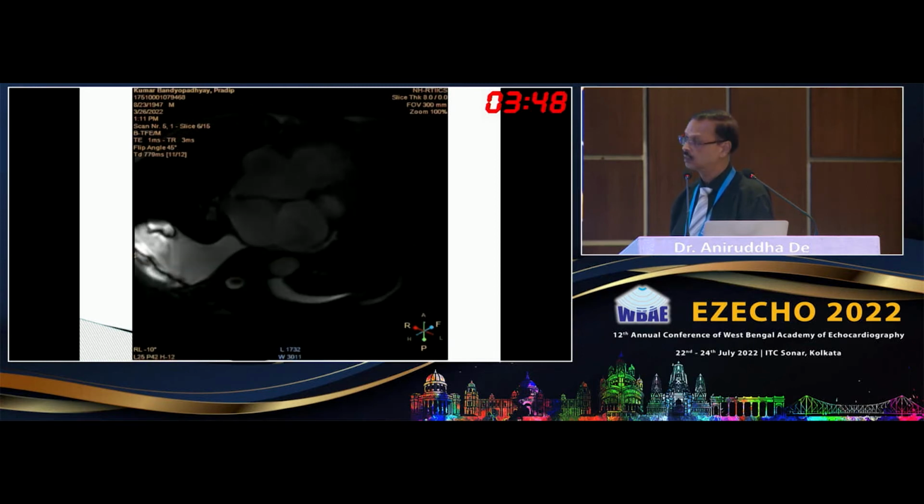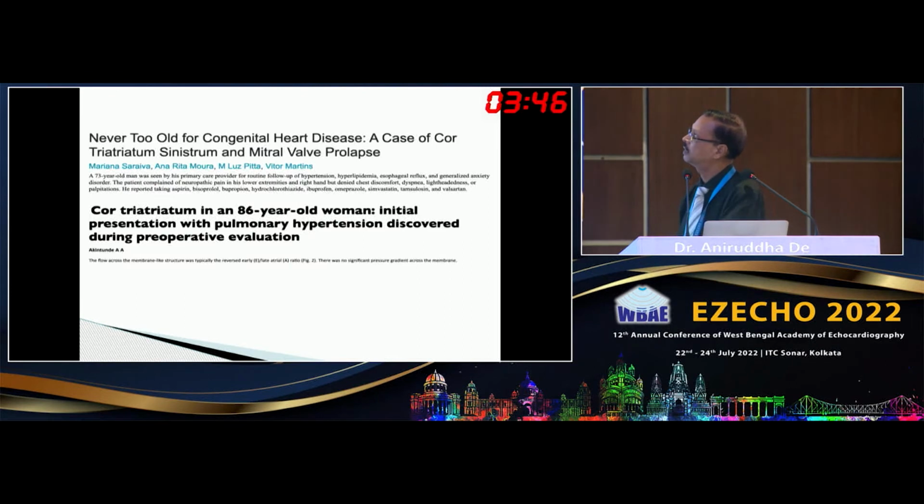So heart disease, one is never too old for congenital heart disease. There is a 73-year-old man with a history of hypertension, hyperlipidemia, gastroesophageal reflux, generalized anxiety disorder. The patient complained of neuropathic pain in the lower extremities and right hand, and denied chest discomfort, dyspnea, lightheadedness. He reported taking aspirin, bisoprolol, and